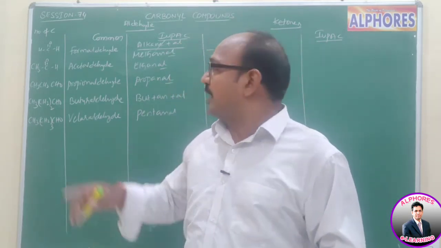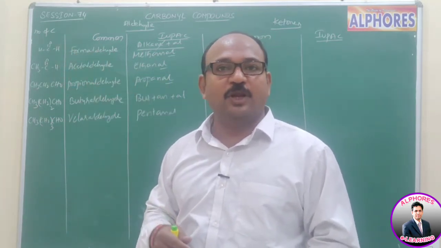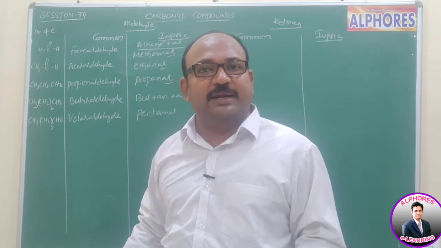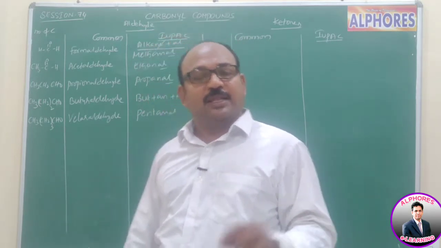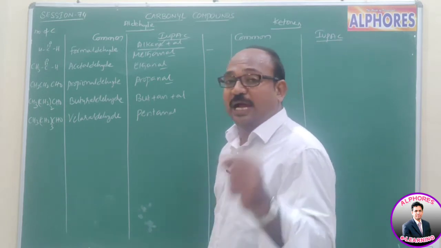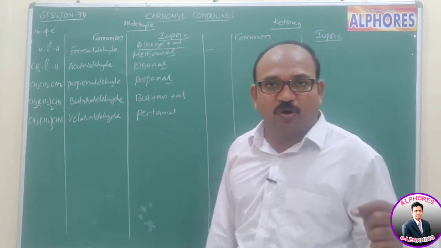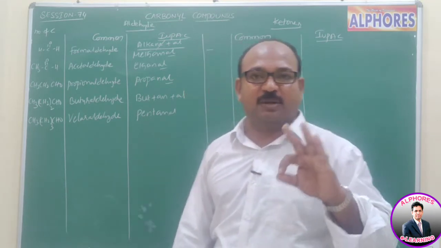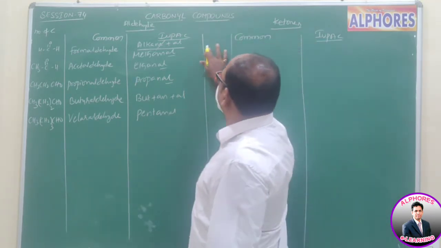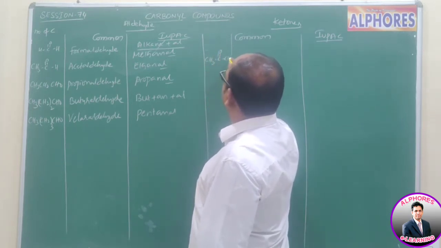Now tell me, can you write a functional isomer, the keto form of formaldehyde? No. Keto form of acetaldehyde? Not possible. That means here the molecular formula must be the same, right? And moreover, in order to write a ketone formula, that compound must possess a minimum of 3 carbon atoms. That means here 3 carbon atoms, CH3, CH2O, CH3.